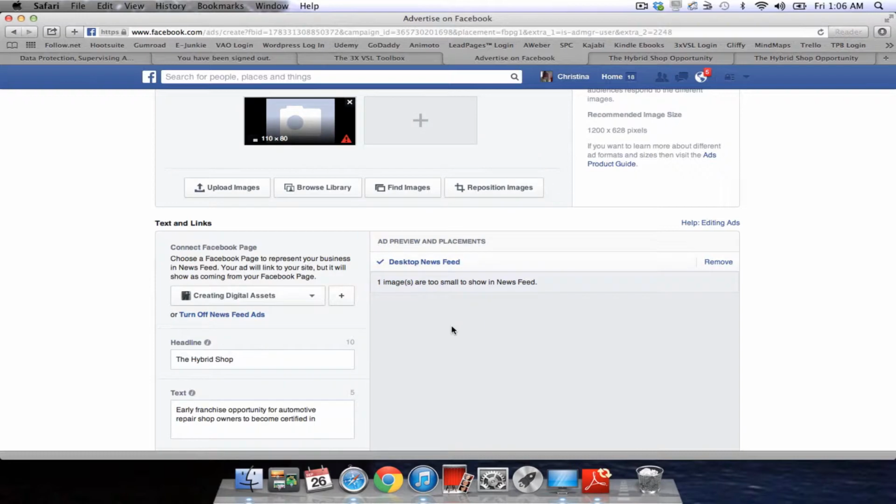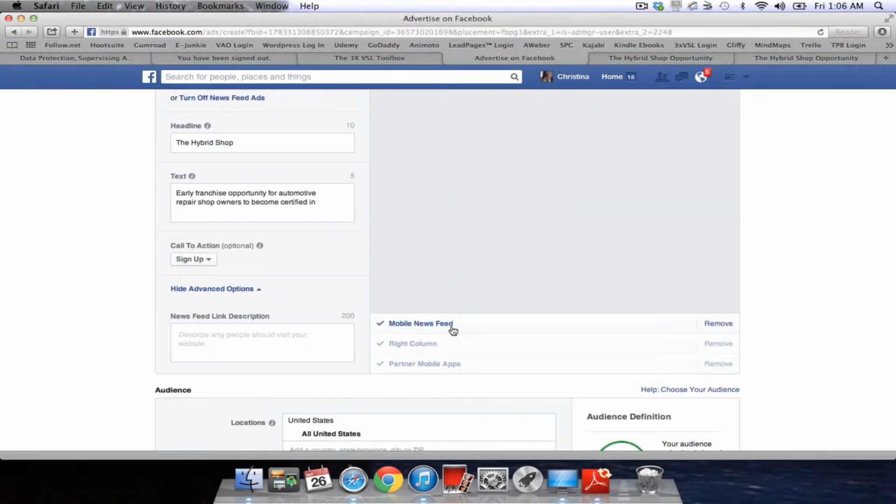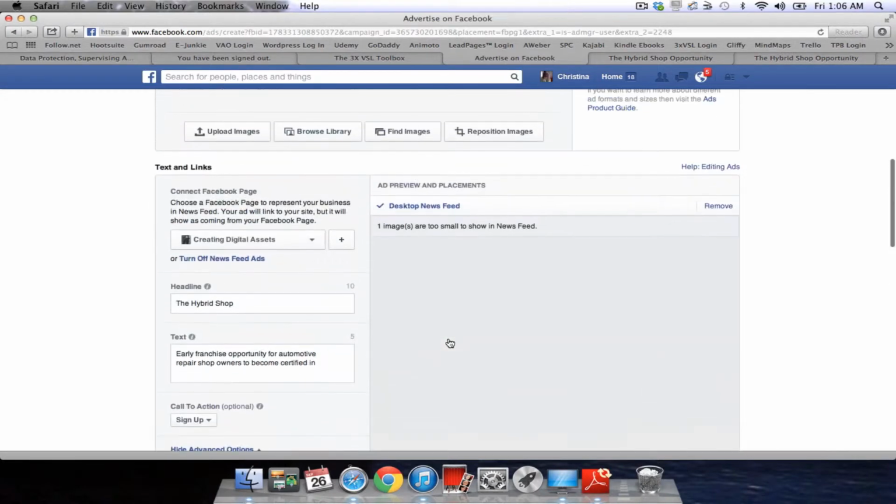Okay, so right here, this is where you choose where you want the ad to be placed, and we always want this to be a page post ad. We want it featured in the news feed, because for a number of reasons it'll be a whole lot bigger than if it's in the right column in the right margin. People are so used to that, it's in their peripheral vision, and they're really on Facebook to socialize and kind of kick back,